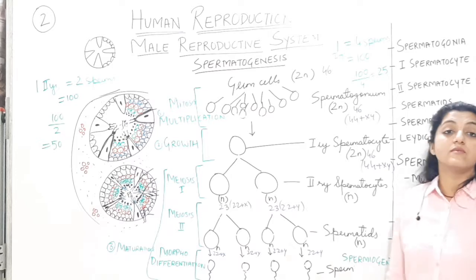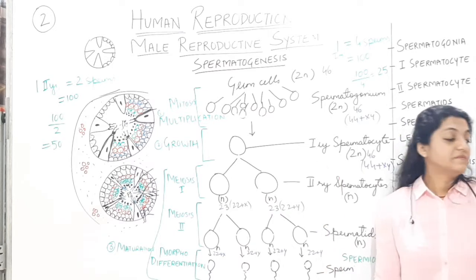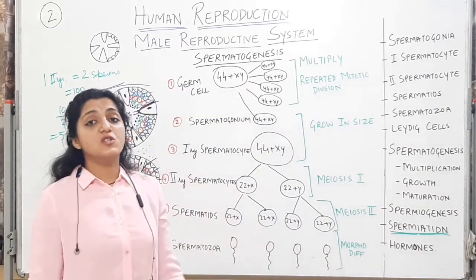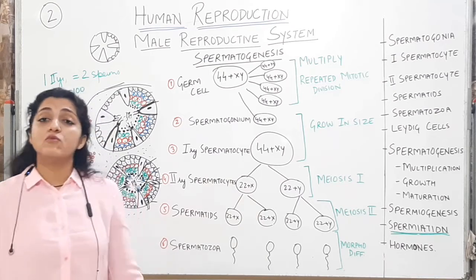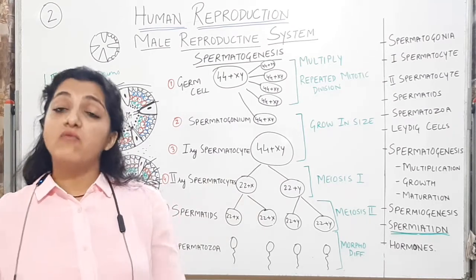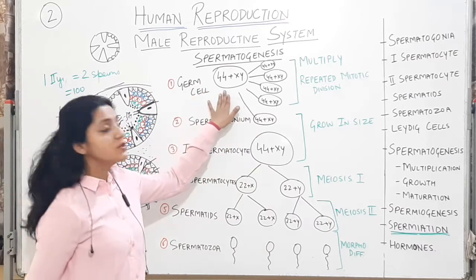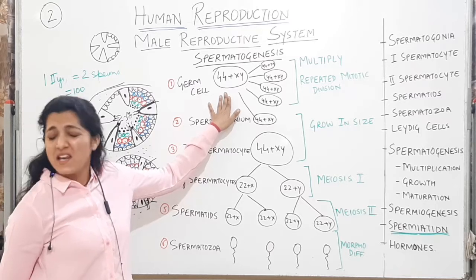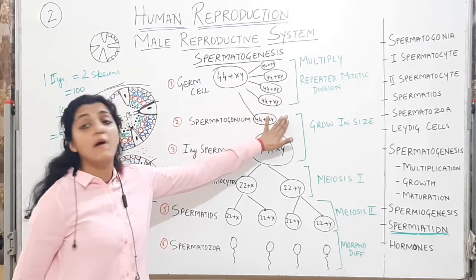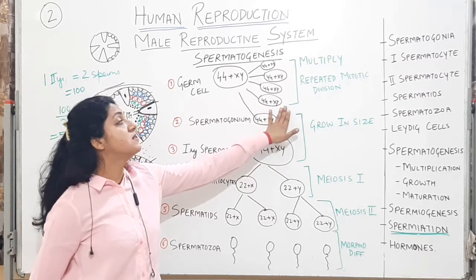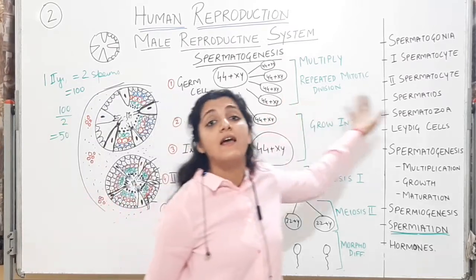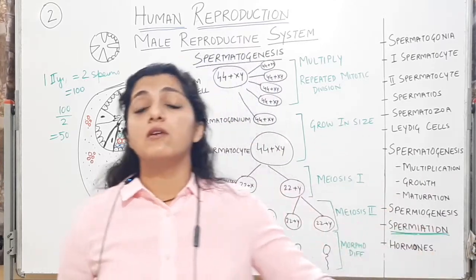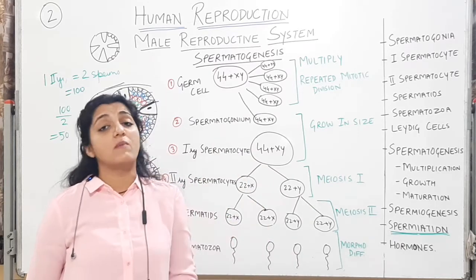If you understand this process of spermatogenesis. Do this again quickly with the help of this chart, okay? Which is very important for you for your state board exam also to explain the process of spermatogenesis and for you to understand also. देखो एक germ cell in the seminiferous tubule. It can differentiate, it can multiply many number of times and it can produce so many spermatogonia. Multiplication division होता है, repeated mitotic division होता है. इसीलिए spermatogonia कभी खत्म नहीं होते हैं. Because the germ cells are continuously undergoing mitotic division, they are continuously multiplying to produce the spermatogonia.